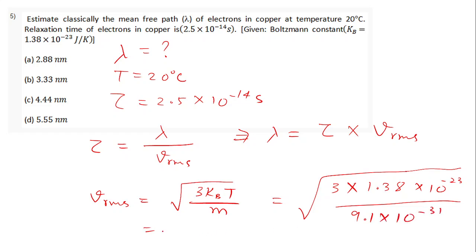The temperature is also there, and in calculations we should always convert temperature into Kelvin. So 273 plus 20 degrees centigrade is equal to 293 Kelvin. That means multiplication by 293. When we do this calculation, we will get